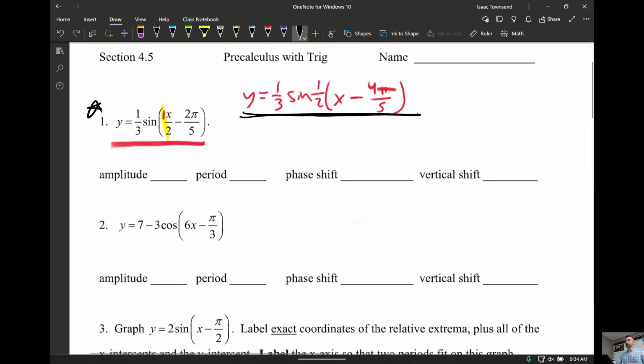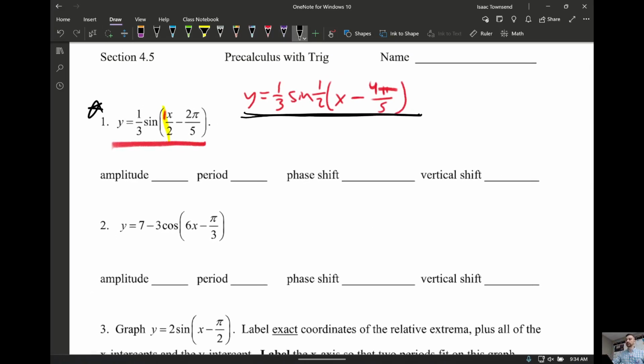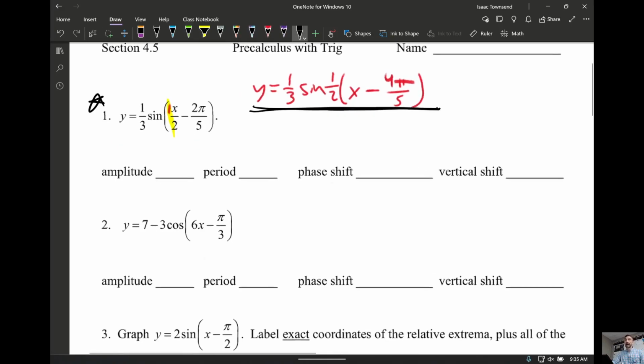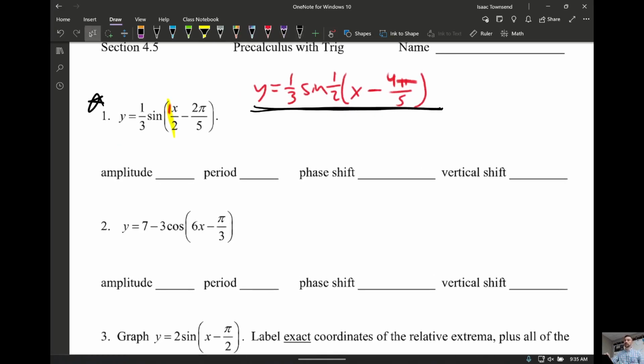So for question 1, even if you just now did it, hopefully that was enough time. Now, if you're struggling with any of these, add to it as you look at your notes. Amplitude is the absolute value of A, and you have to know where A is. Period comes from 2 pi over B, and you have to know where B is. So 2 pi divided by a half